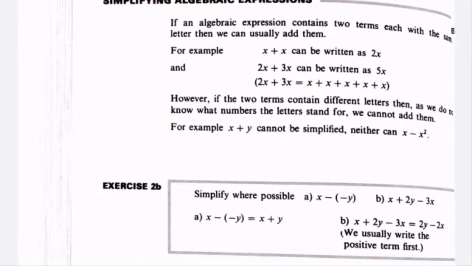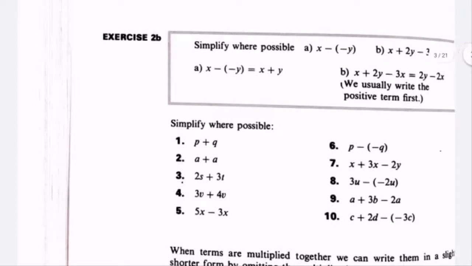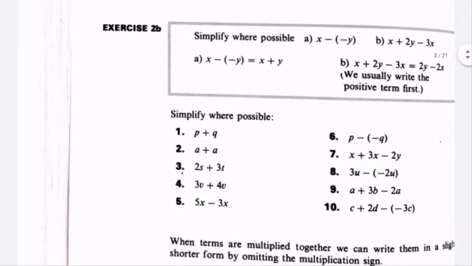It is like that: if you say 1 apple plus 2 apples, you can say that we have 3 apples. If you have 1 apple and 2 banana, you cannot say that we have 3 apples. So the same situation, x plus y, x plus y. So that's why we will go to the exercise now. Let's see, let me turn on the board.